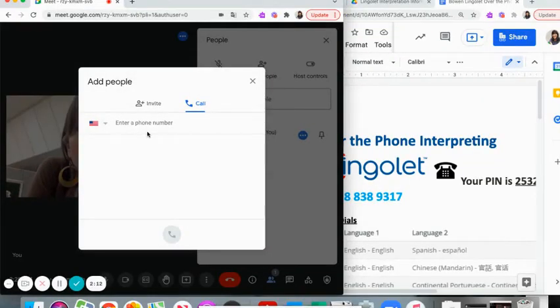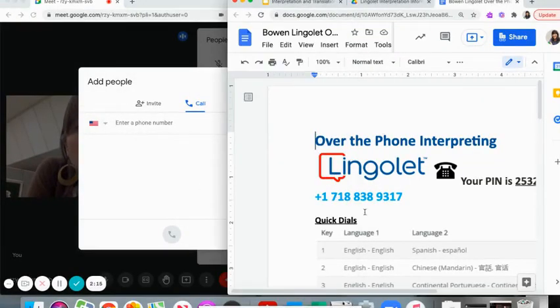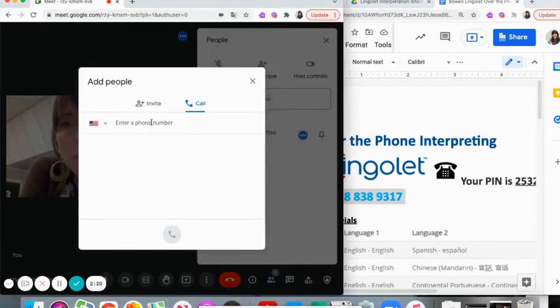And here is where you enter the Lingolet number. So I'm just going to copy that over to make it easier, to make sure I have all the numbers correct. And note that your parent or guardian can already be in the meeting when you're doing this because it's instant. So you click Call